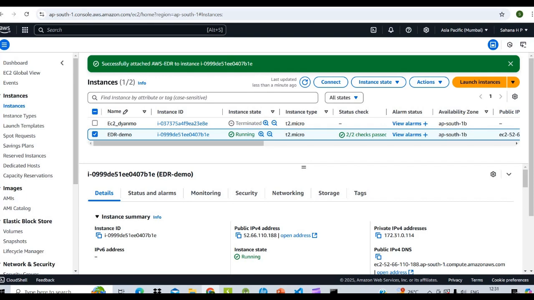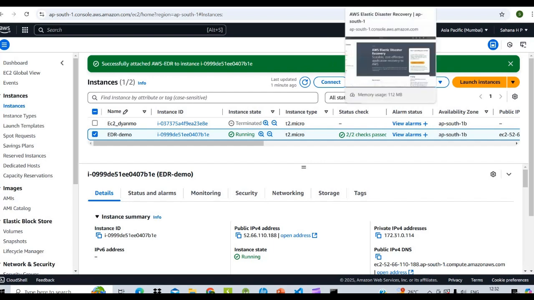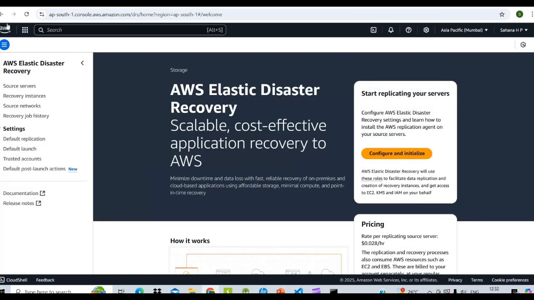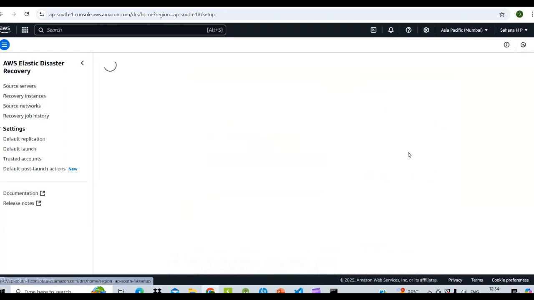The next thing is, before installing the Elastic Disaster Recovery agent, we need to set up and configure Elastic Disaster Recovery. Go to Elastic Disaster Recovery, click on configure and initialize.